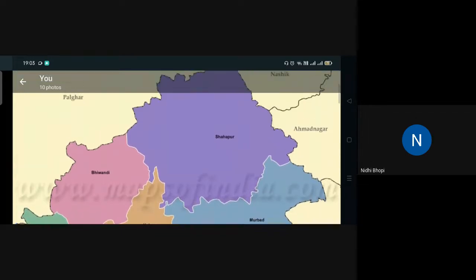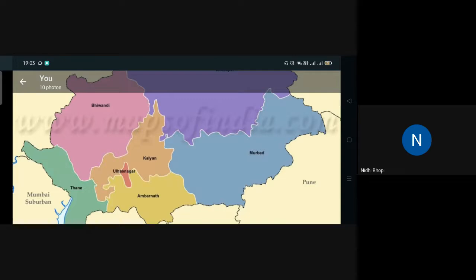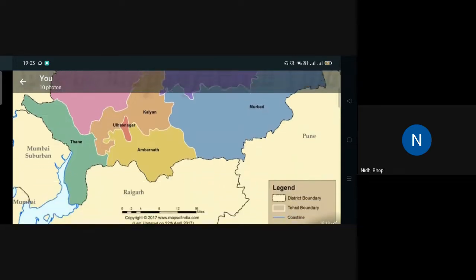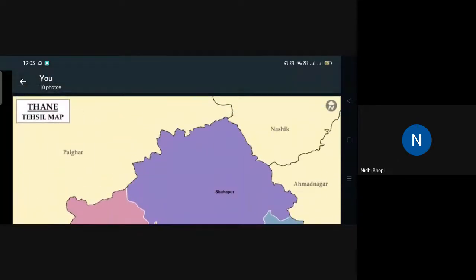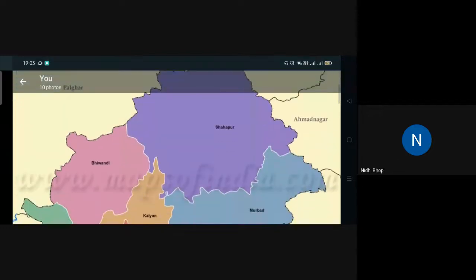We had seen all the talukas, like Badlapur is given, Shahpur is given, Bhivandi is there, Ulhasnagar, Kalyan, Ambernath, Murbad. All these are included in this Thane district. Now adjoining we saw Pune, then Ahmednagar, then Nasik and Palghar. These are the other districts